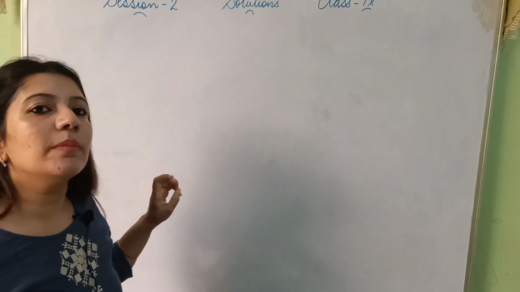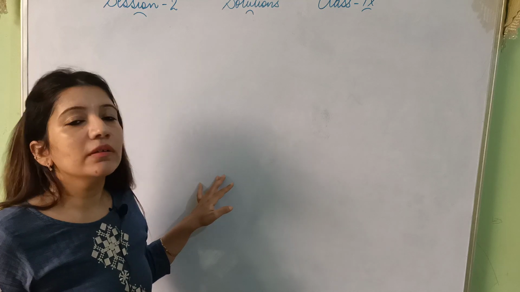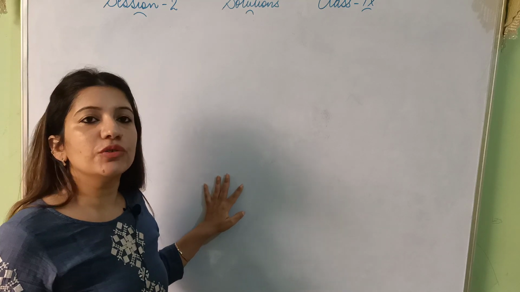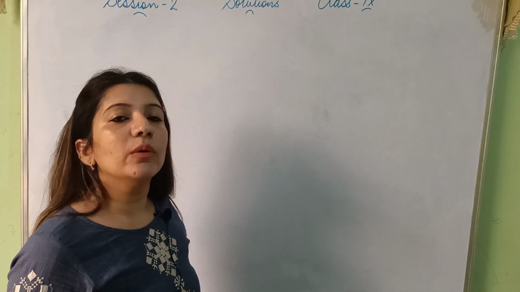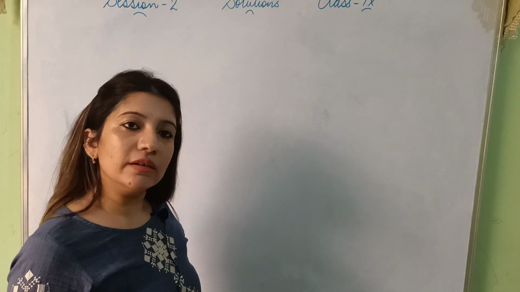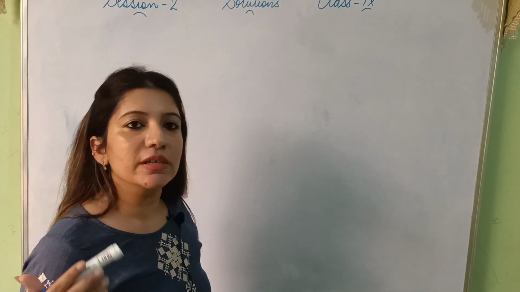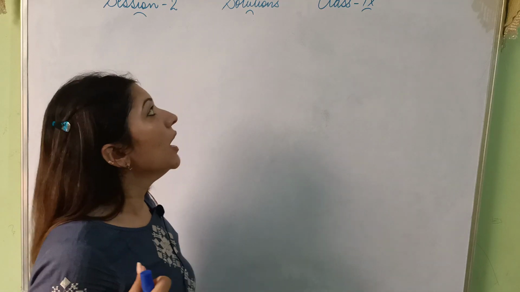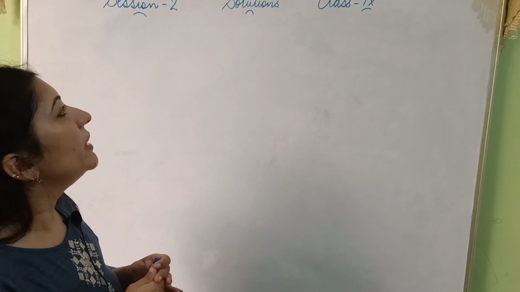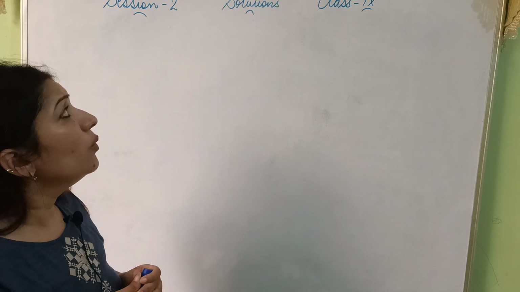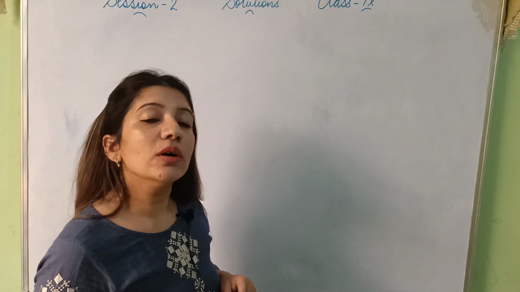Then we discussed the types of solutions, saturated and unsaturated solution. The amount of solute dissolved at a particular temperature in a solvent or in a solution is known as its solubility. We discussed the factors of solubility. Now in continuation with the previous topic, we'll be discussing what is concentration and what are dilute and concentrated